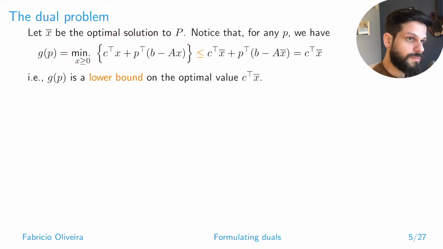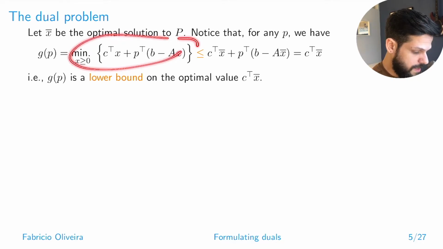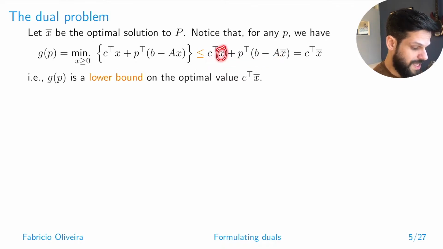this problem, which if I do in terms of x, it gives me a solution that is less or equal than this, because this in principle is just a x that I obtained when I optimized P. Not necessarily optimal for this, but I do know, because this was obtained for the original problem P, the solution has to be feasible, meaning that this term is going to vanish, which returns me this. So now if I stare at the right hand side and the left hand side, and bear in mind this inequality that appears in the middle, this is telling me that whenever I solve a dual, I'm